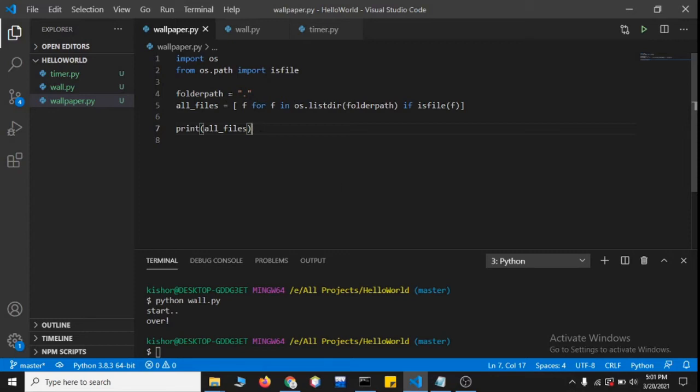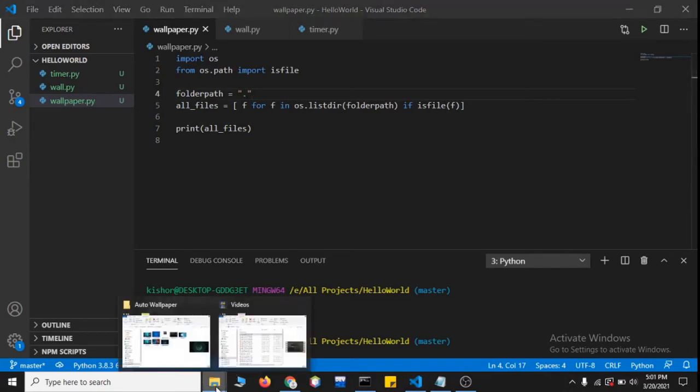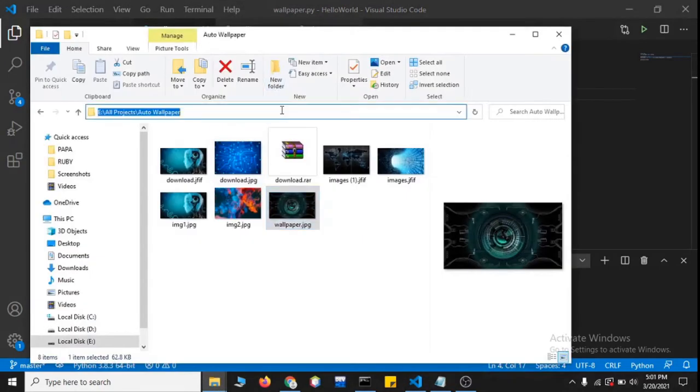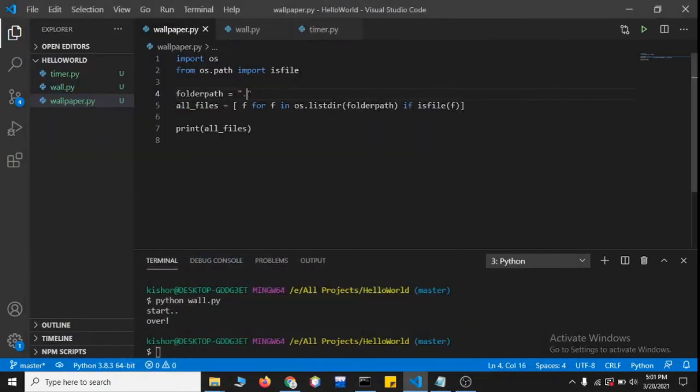So for the folder path you can give a dot for the current folder, or simply give the full path: go over here, copy it, and paste it like this. So this is going to be our folder. Since in Python a backslash starts an escape sequence, for this to be considered a raw string, we should put R before it. So this is the correct format.